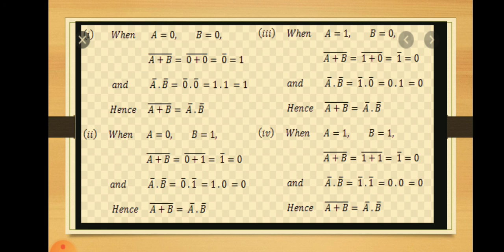Same way, next equation: A is equal to 0, B is equal to 1. Same way, this is 0 + 1, the answer is a 1, and the vice versa is the 0 answer. Then A · B: assume that A is equal to 0 and B is equal to 1. We put those values here in the formula. 1 · 0, the answer is a 0. This is De Morgan's theorem, A + B and A · B.